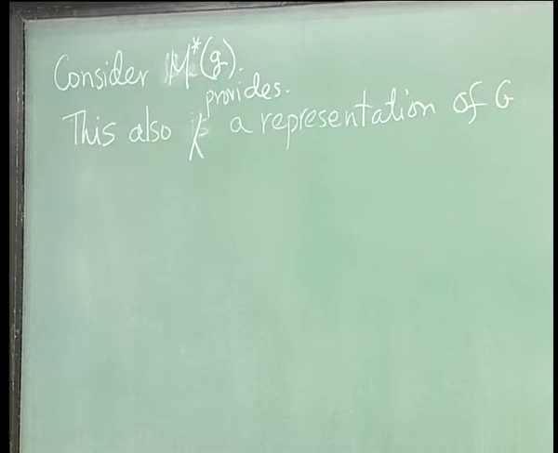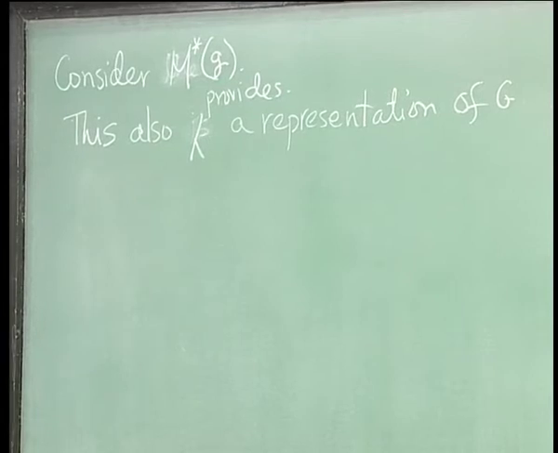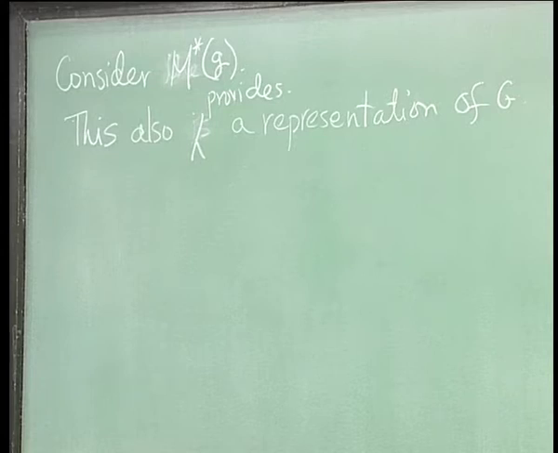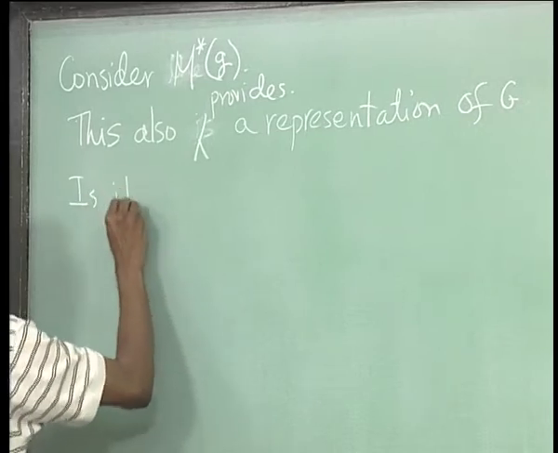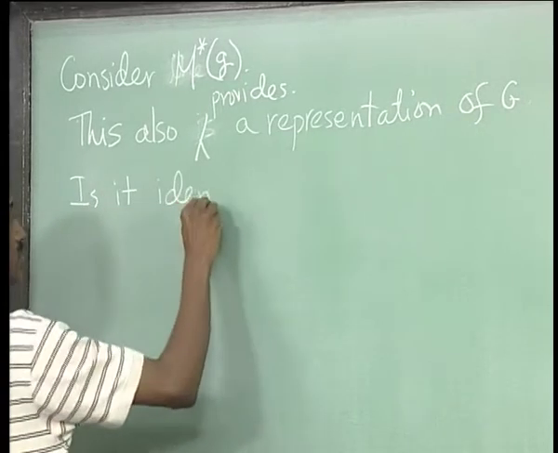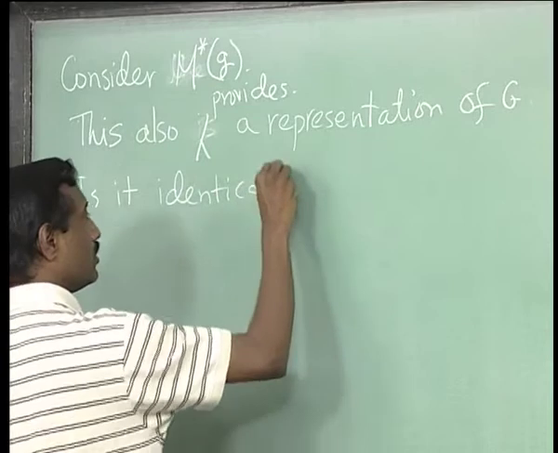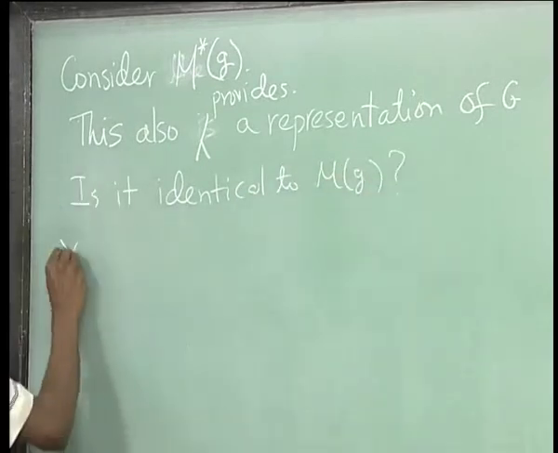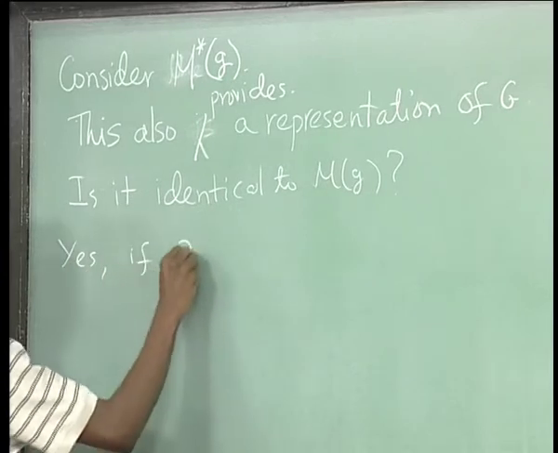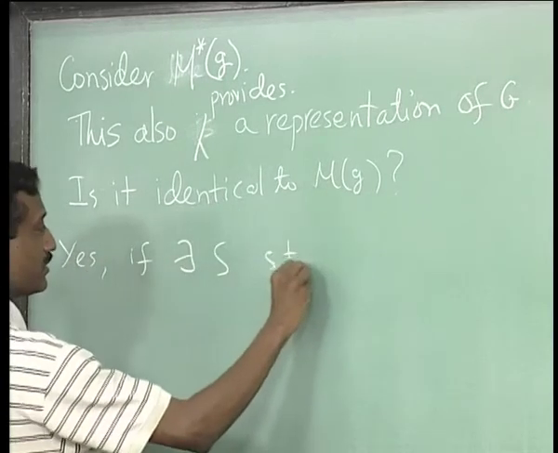But now the question is, is it the same representation? Can we answer this question? In general we do not know, it could be, it may not be. So, the question to ask is, is it identical or the same to m of g in terms of representations? The answer is yes, if there exists an S such that